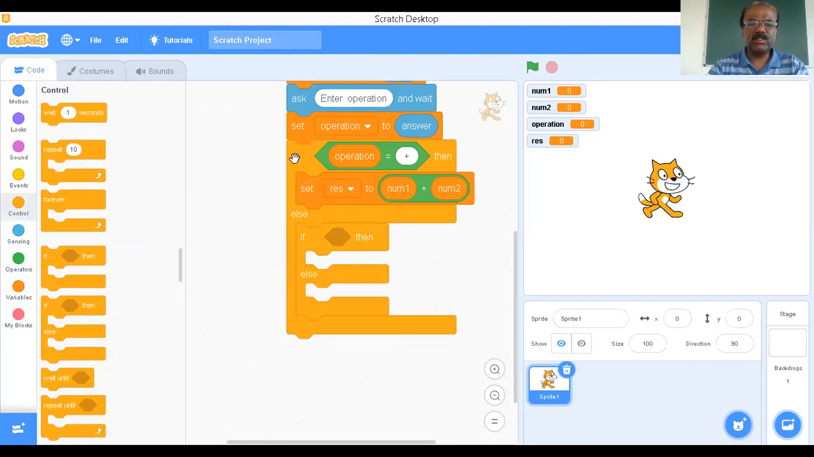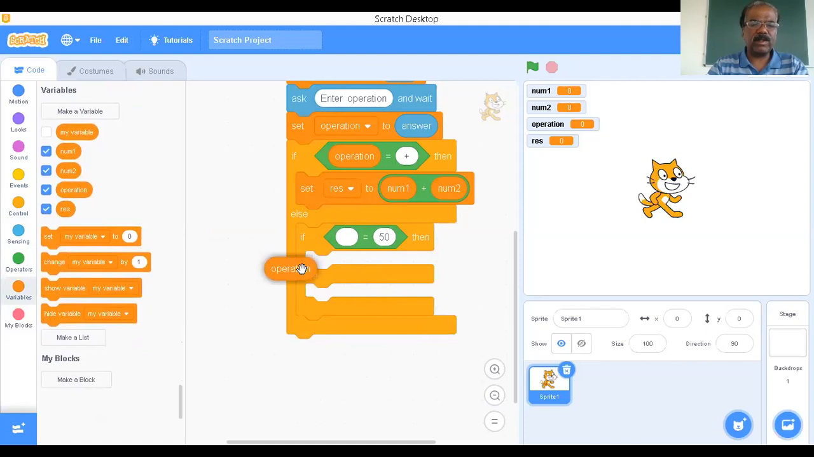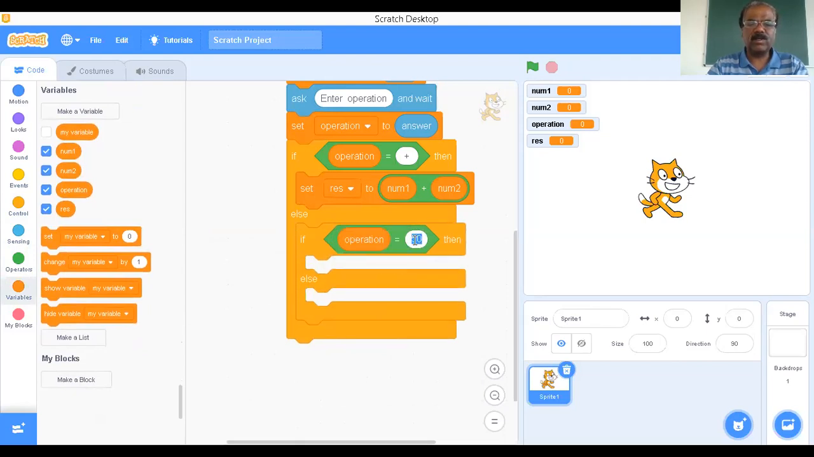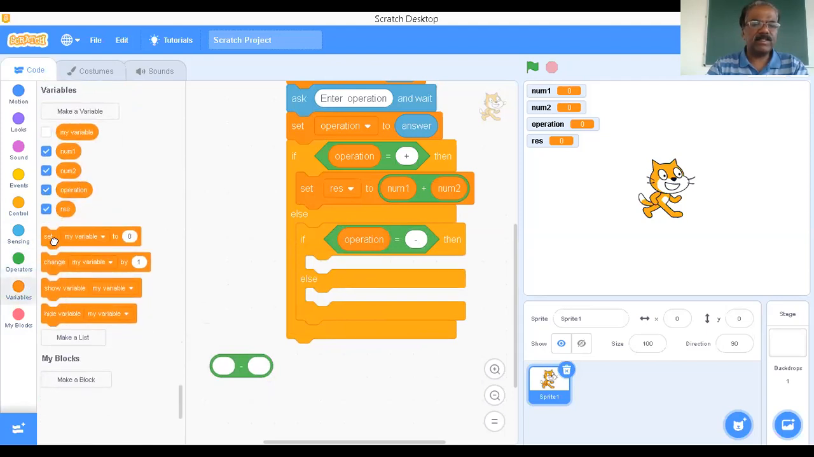If it is false, then it comes once again to this particular block. Then go to operator. Under operator, once again we'll take this. Now what operation? Operation equal to what? Minus. If it is minus, we have to perform which operation? Subtraction operation. Then before this, go to variable, then set